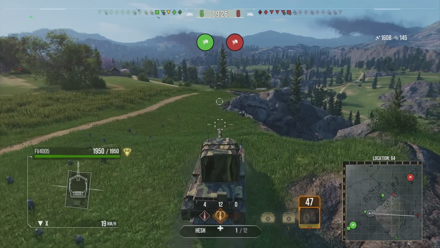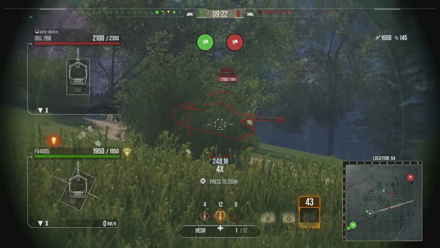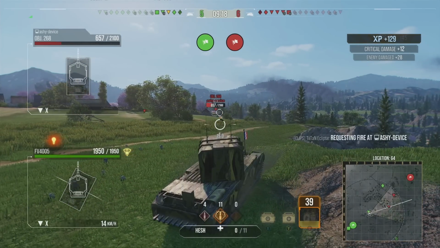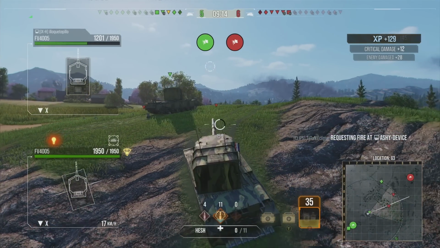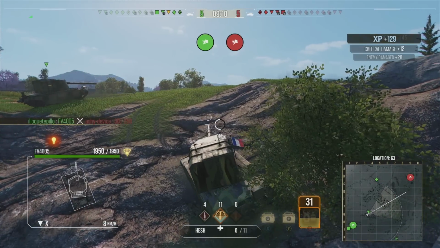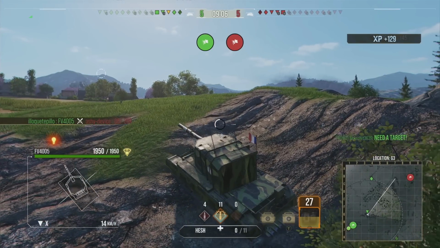But you can see over here the enemy team kind of pressed up. The Object 268 gets spotted. That's a tank that we would gladly take a nice 1400 damage roll into, and he will be gone from the game if the FV on our team does hit him, and of course he does. And that is the Object 268 out in 2 shells,